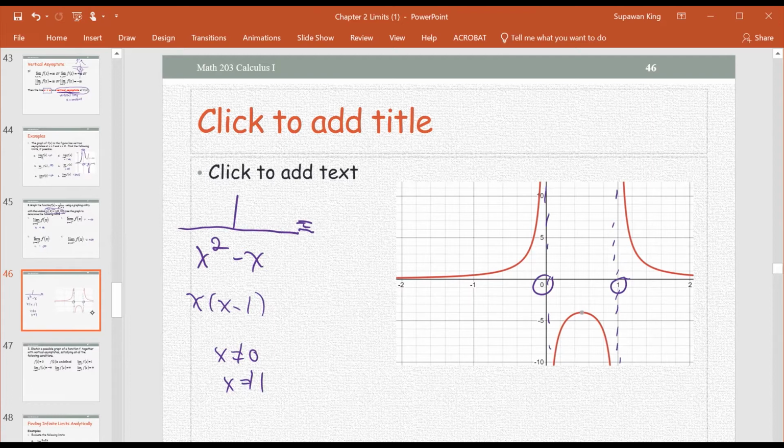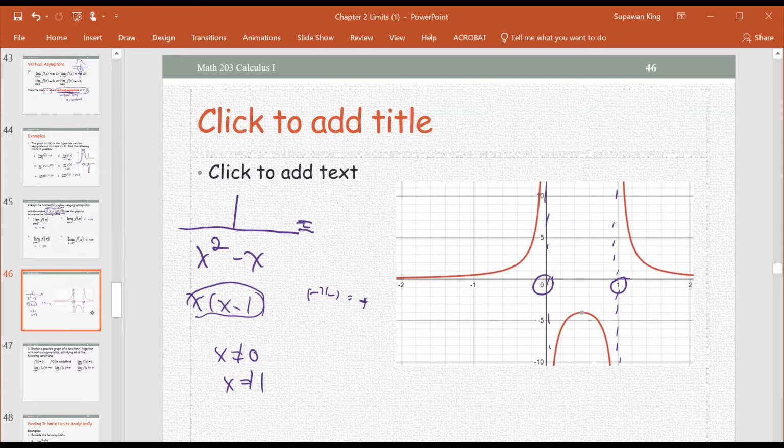On the left side of 0, whatever value you enter into the denominator on the left side, the value of x is going to be negative. So this is negative sign. And then 0 minus, or lower than 0, minus 1 still gives you a negative quantity. So negative times negative, you would get the product of these two factors as plus sign. We know the quantity is going to be very, very small because the number approaches 0. It's small already before you subtract 1. So that means the whole fraction will return positive